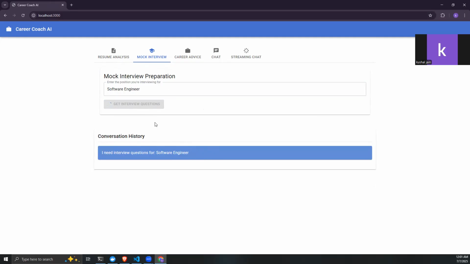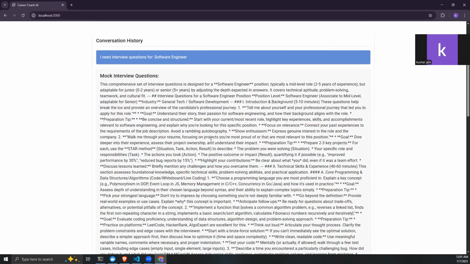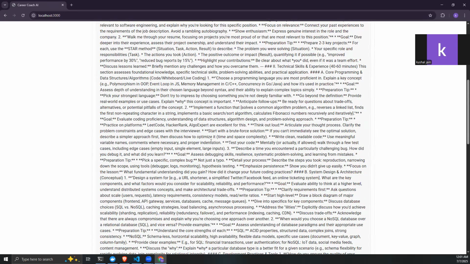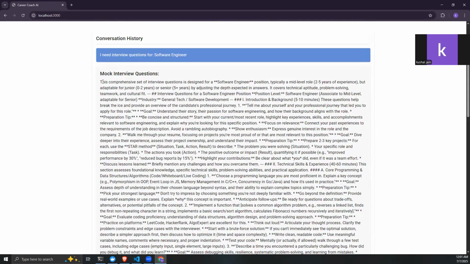It will fetch from that data and try to answer from those documents. At the end, it will also tell the sources from where it got that answer. So here you can see it provided certain